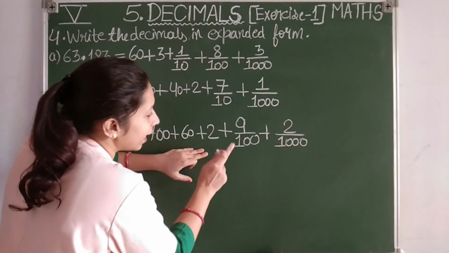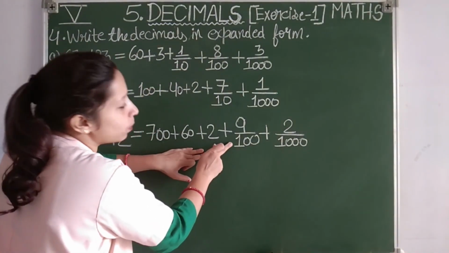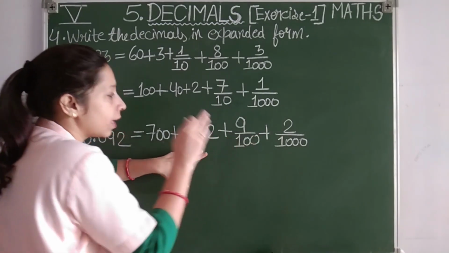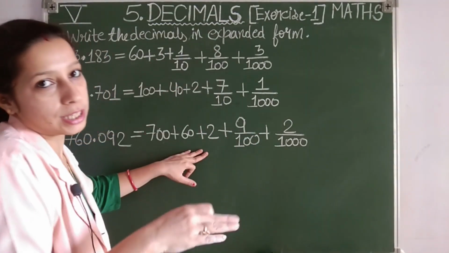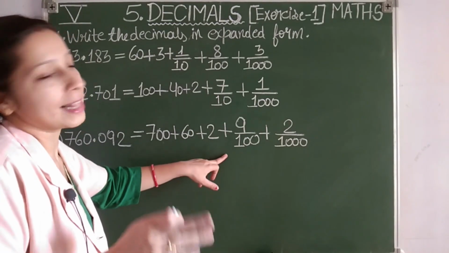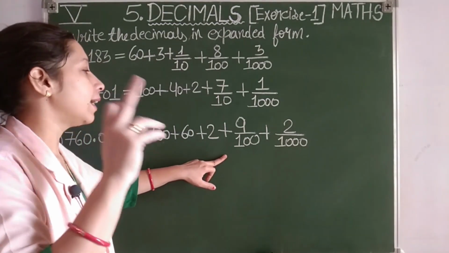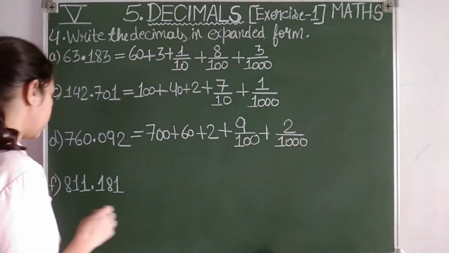762 point. Then you will search for the tenths place, but you can see here the tenths place is not there, so automatically you are going to put 0, because you know the reason why the tenths place is not shown here: in the tenths place it was 0. Okay, students, then last one,